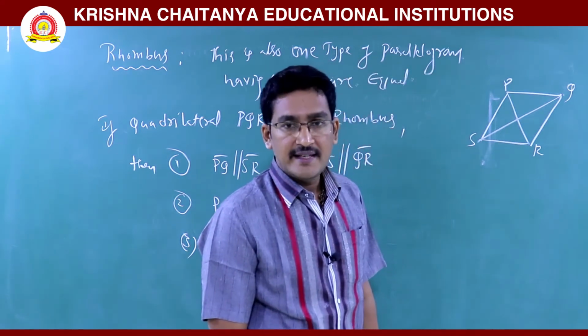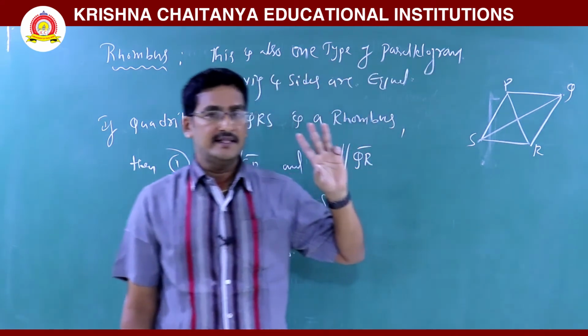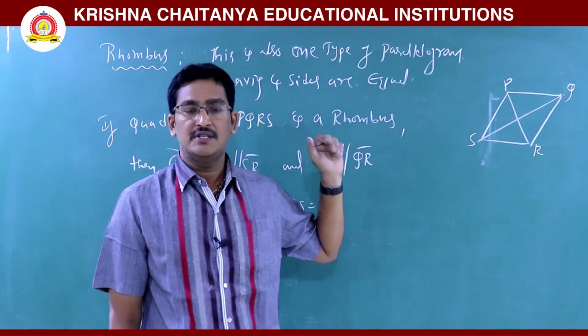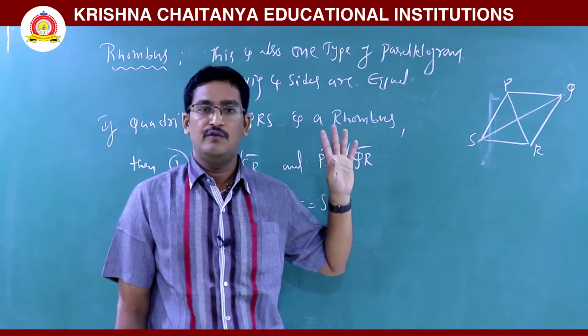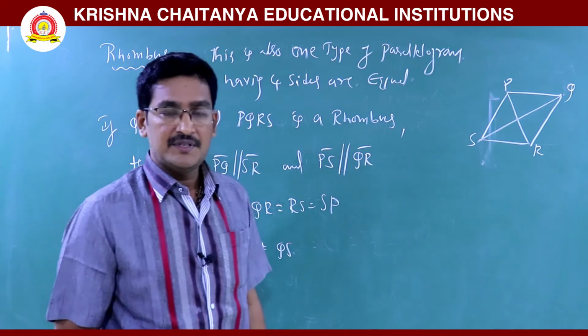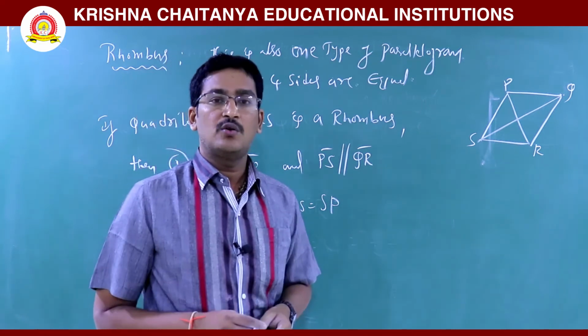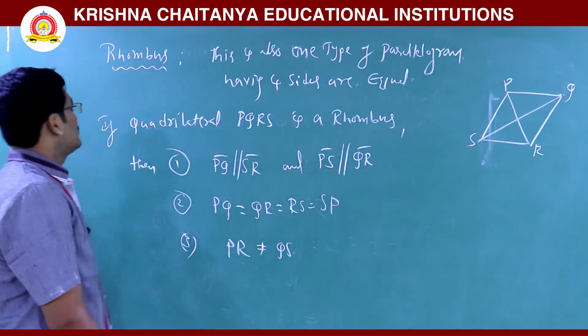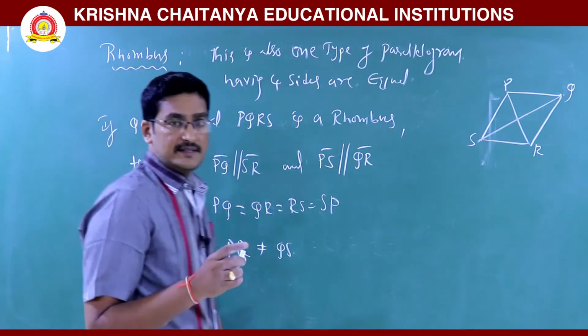So, these are the four various types. One is parallelogram, second is rectangle, third is square, the fourth is rhombus. You just have to remember these are four various types of parallelograms. These four are parallelograms, but we have to call this the quadrilateral division. Next, one more irregular quadrilateral is there, that is called